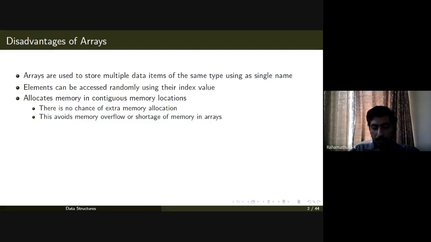As you all know, along with an operating system, you have some entity called a memory manager.